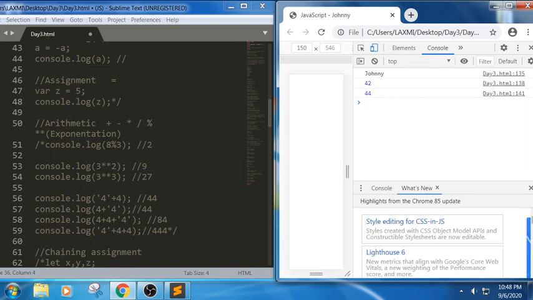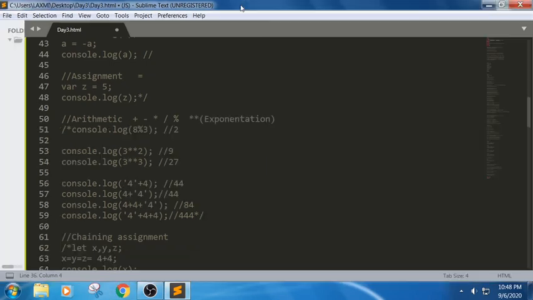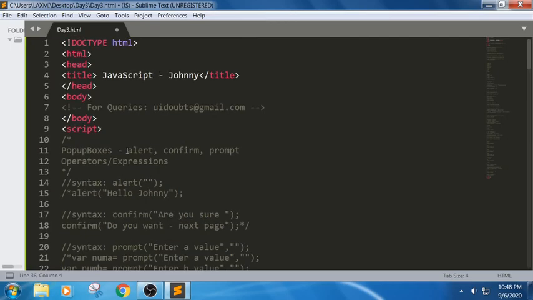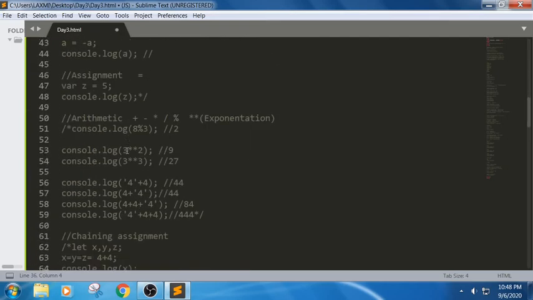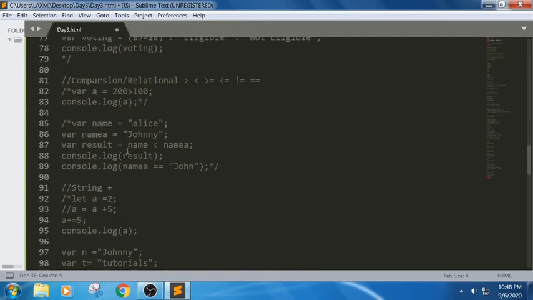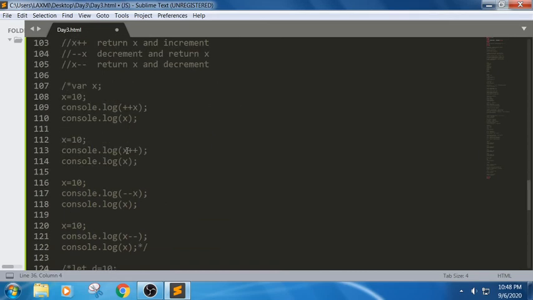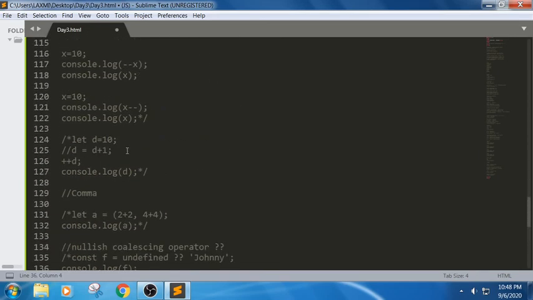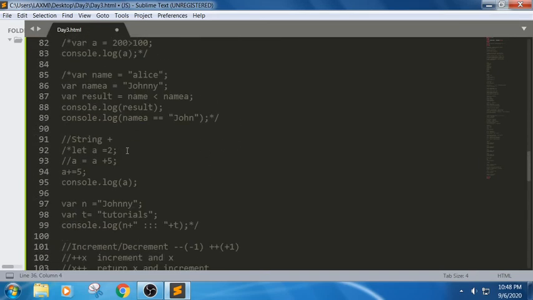So this is how we have finished this session. Now we shall discuss basic snippets based on the concepts we have discussed.